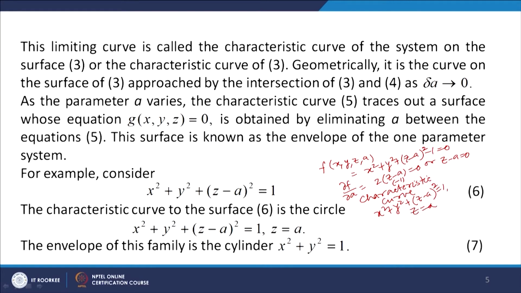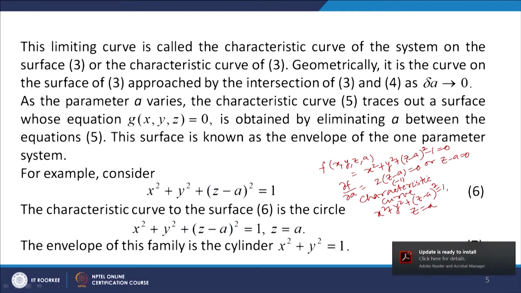Now, you can see x square plus y square plus z minus a whole square equal to 1 is the family of spheres with radius 1 and centers on the z axis, 0 0 a. So, it is a family of spheres with unit radius and having their centers on the z axis, and the characteristic curve of this surface is the circle given by x square plus y square plus z minus a whole square equal to 1, z equal to a. So, the circle lies in the plane z equal to a, and when we want to find the envelope of this family, then we